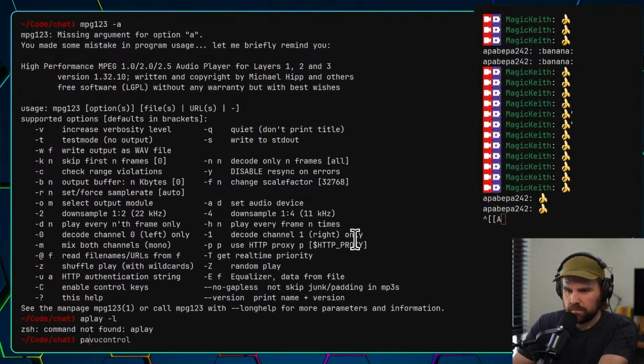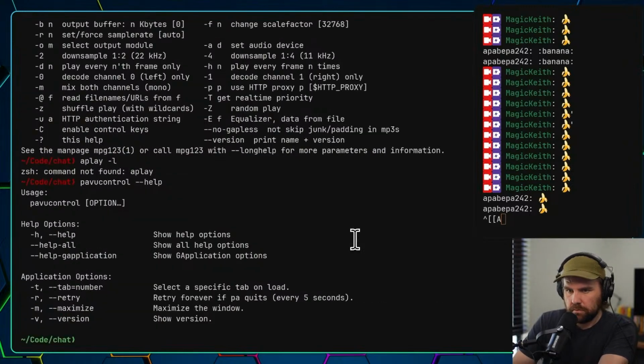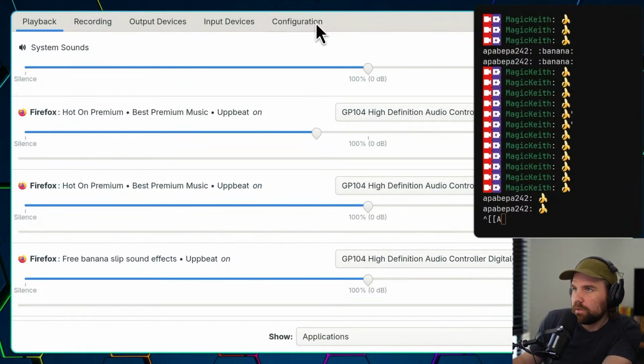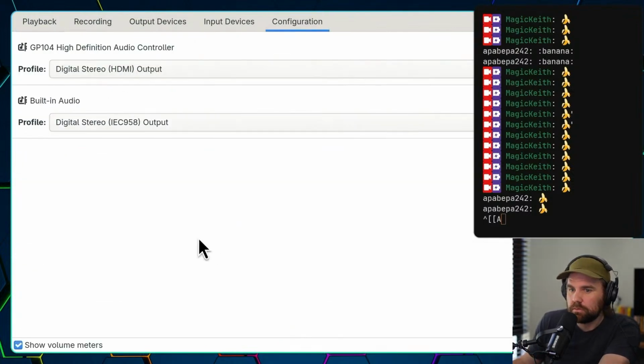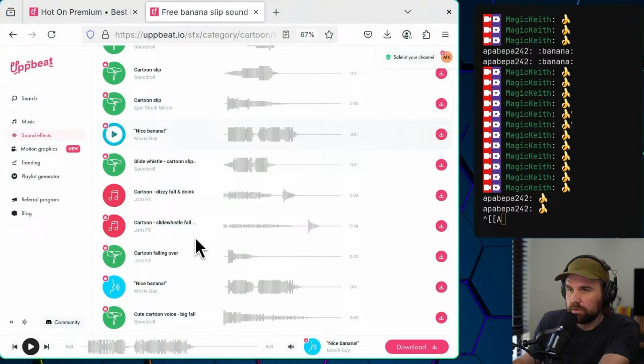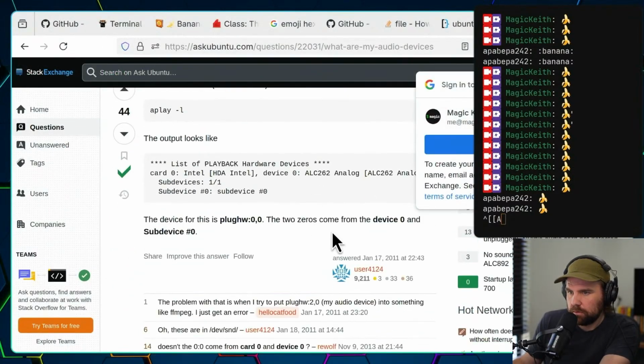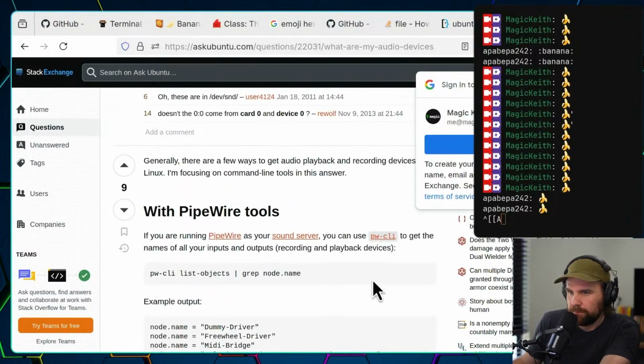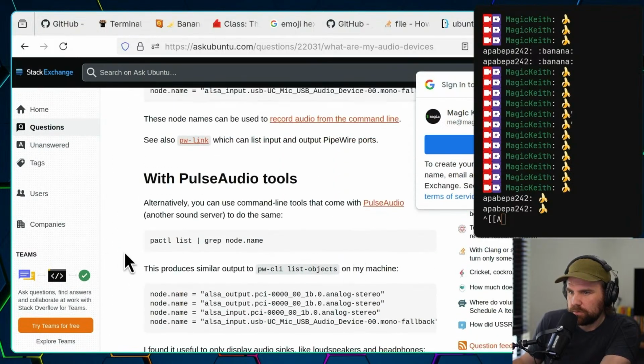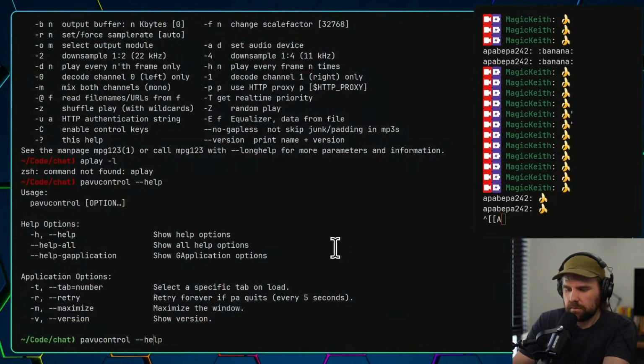Maybe it's in pavucontrol. Maybe the answer is in here somewhere. Configuration. Nope, nothing in here. PipeWire, no, I want PulseAudio. There we go, pactl list. Maybe this is what I want.